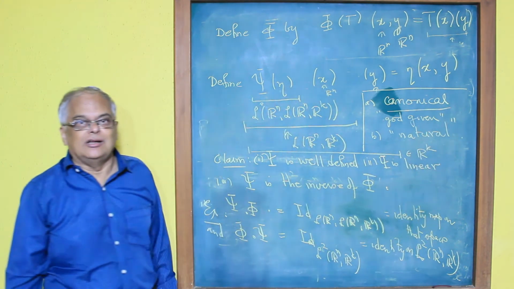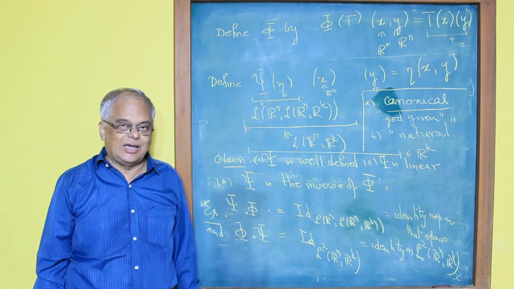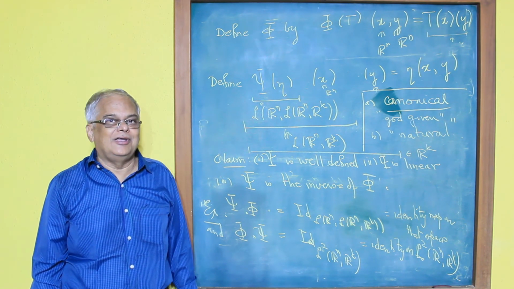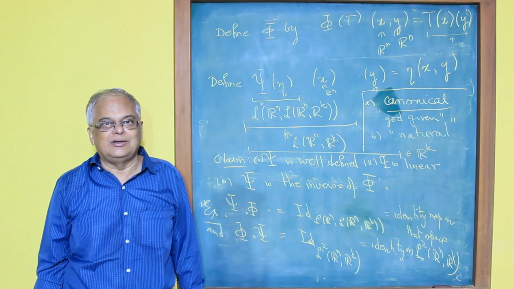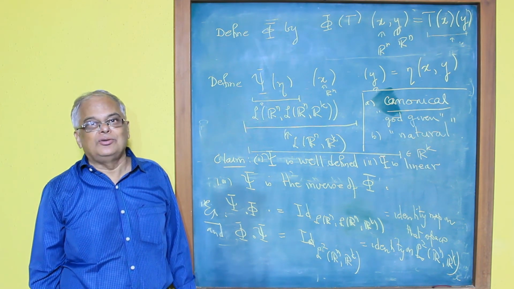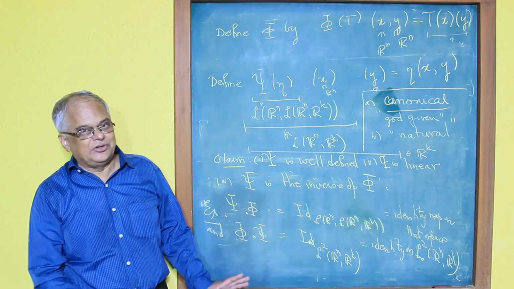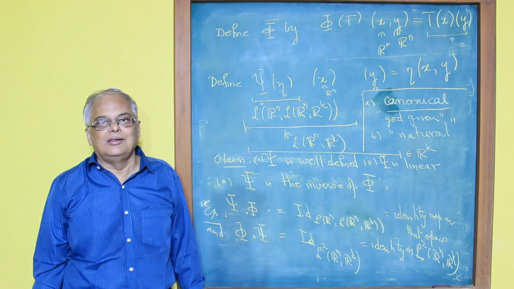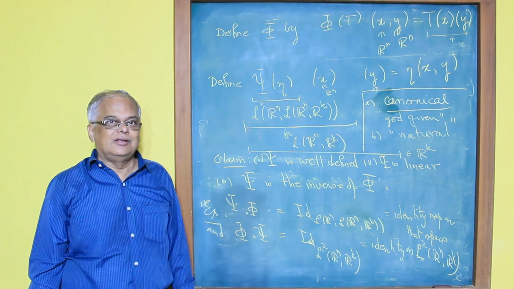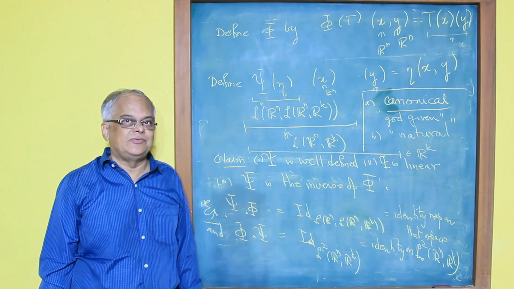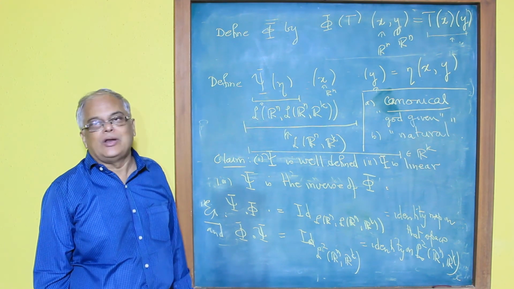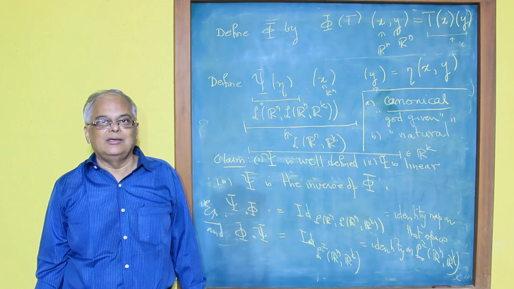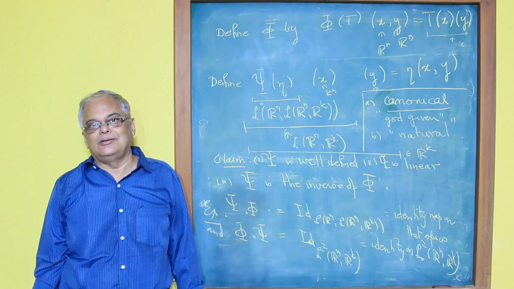the word natural. Natural also has a very specific meaning in mathematics, and it is actually quite interesting to figure out what the word natural means. When is something said to be natural? It has something to do with canonical, but it is not only to do with canonical. These two words, canonical and natural, are used in very specific contexts in mathematics, and this is one of them. And it is quite interesting to figure out what exactly is meant by something being natural in mathematics.